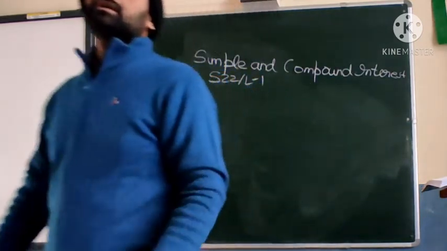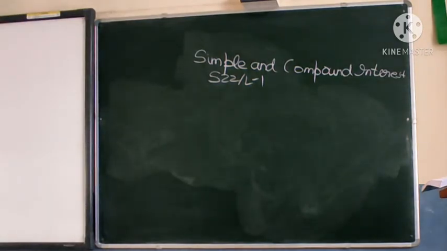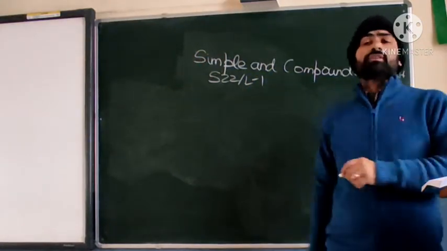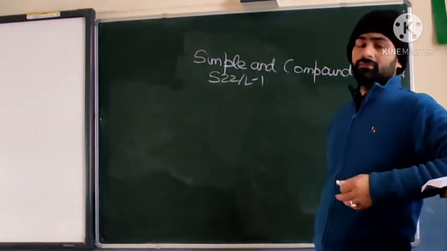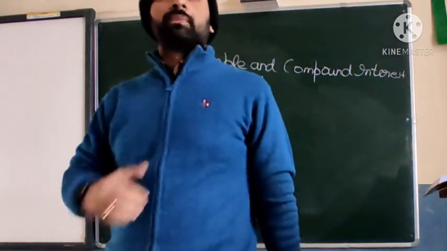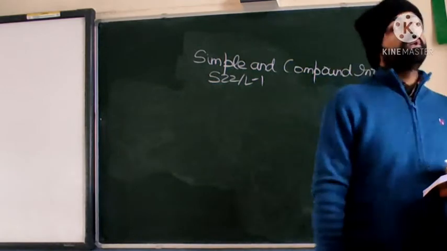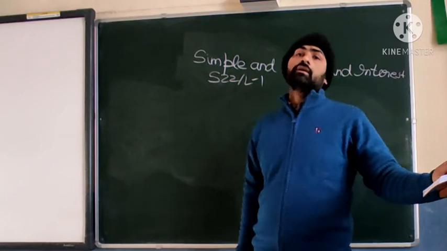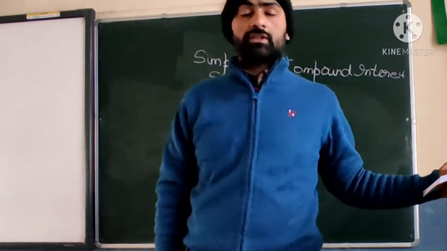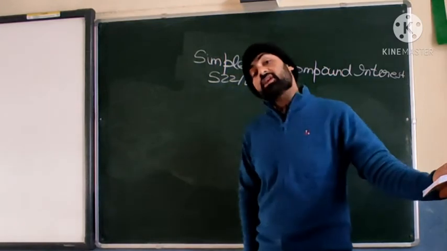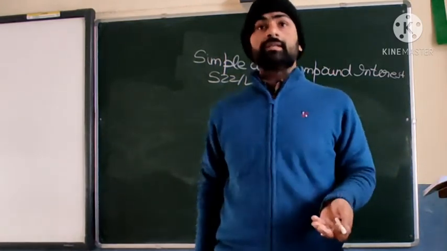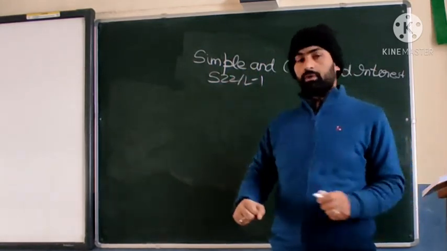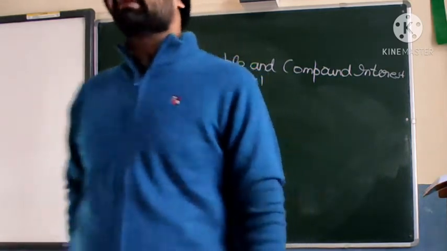See, simple interest is basically the interest that is calculated over the money that you are submitting. Suppose you are lending someone money, or you are depositing money in the bank. So the extra money, whether you have deposited or borrowed, on that money you are earning some extra money. Sometimes you are earning when you have given to someone, and you are paying when you have borrowed from someone. Okay, so both cases can happen. So that extra money is called interest.